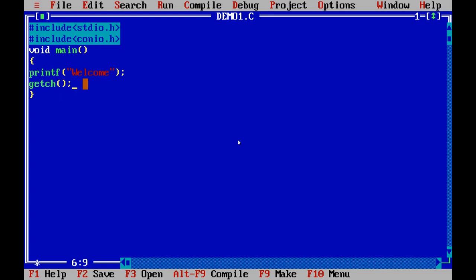The getch function is used to get a character. That means your machine will wait so as to get a character from the user. After getting a character, execution will stop.